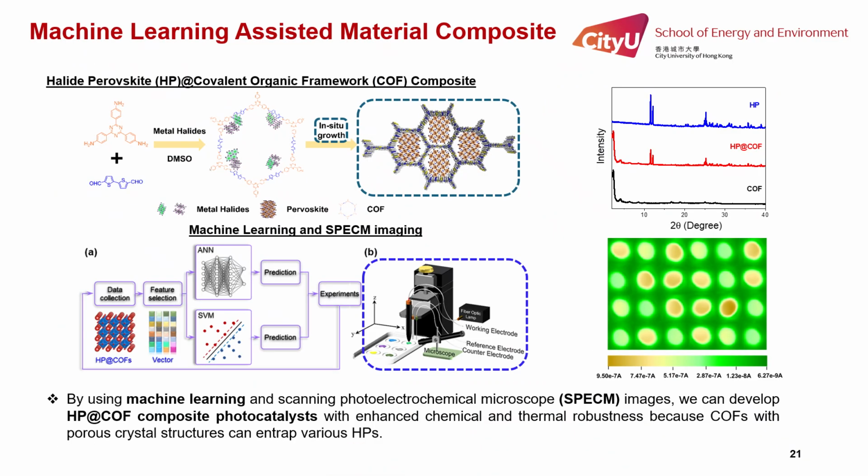For developing a high-performance hybrid fuel cell system, we designed stable halide perovskite embedded into covalent organic framework through in situ growth. Because COFs with stable crystalline porous structure could effectively prevent phase transition and the structural degradation of halide perovskite. While halide perovskite serves as a photocatalyst, COFs with different linkers and nodes act as light absorbers and an